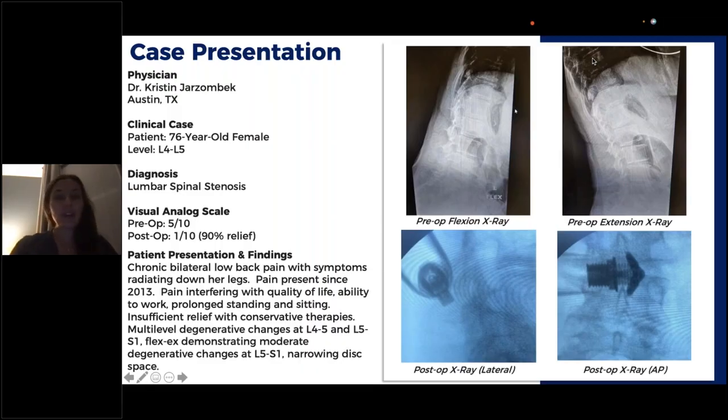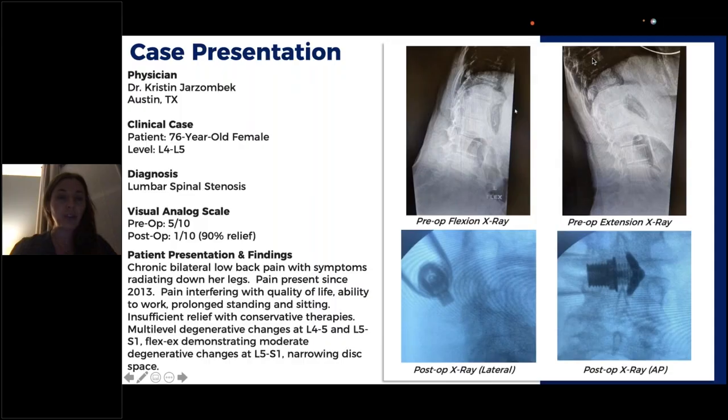We tried just about every other conservative measure. She did the NSAIDs, she did the PT, continued to move down the algorithm. She had a mild procedure at L4-5 late 2022, which didn't really do anything to resolve her symptoms. And on review of her imaging, it's a little hard to see on her pre-op extension x-ray, but she does have some of that angular instability. She has ligamentum flavum hypertrophy on her MRI, but I don't have that included on this slide.